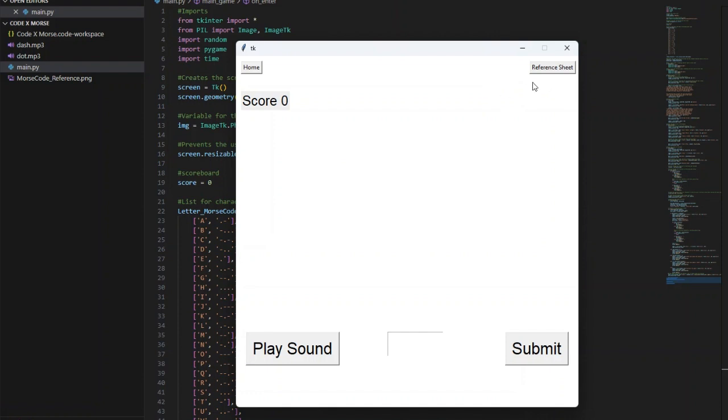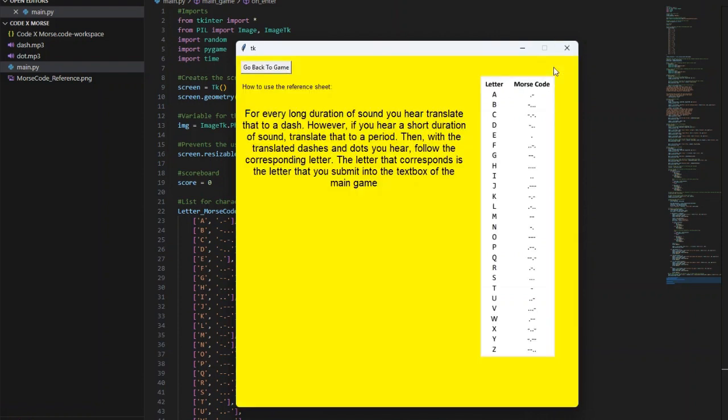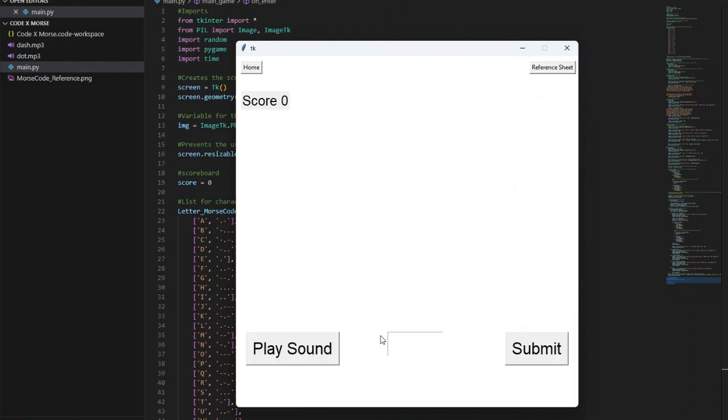So it plays a sequence of audios, and you can go to this reference page, and it tells you how to use the reference sheet. Here is what you use for your Morse code sequence and the corresponding letter. Then you can go back to the game, and it will replay the audio. You can replay the audio by clicking play sound. And in the top left corner, you have your score, and it increments by one every time you